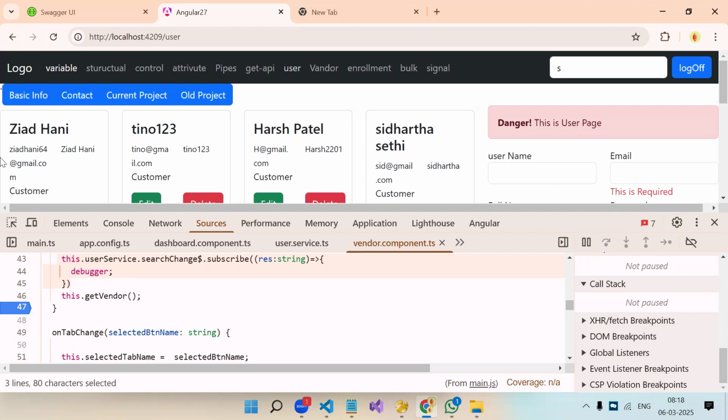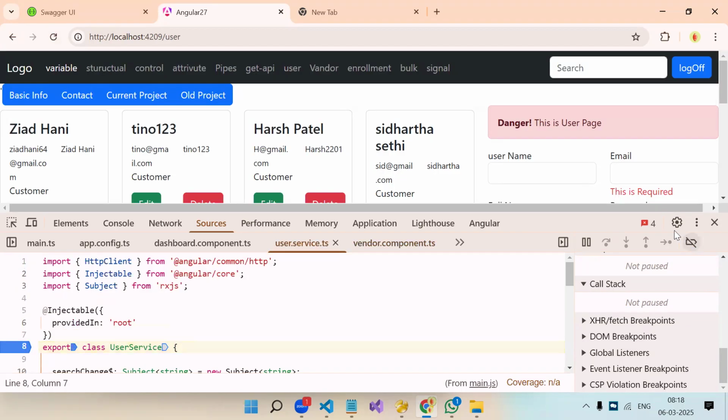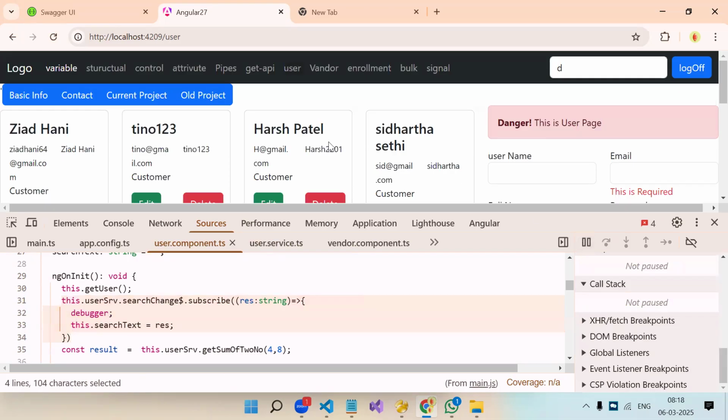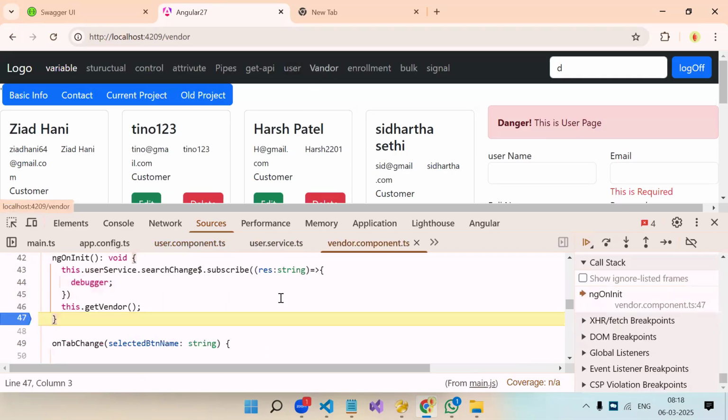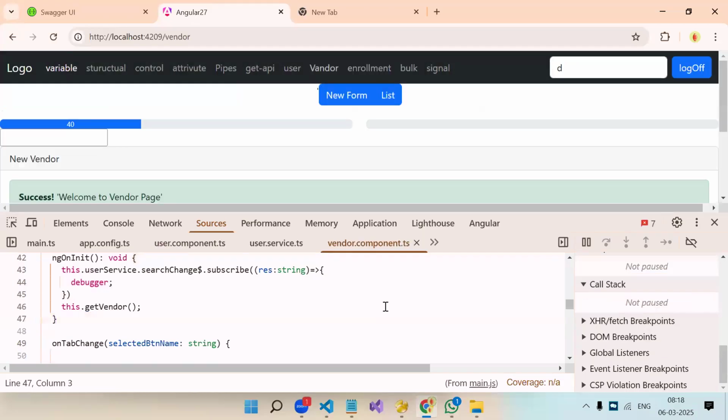Okay. Now why? Let's reload it. If I'm in the user component and I'm emitting some value, I'm able to receive it. See, I'm able to receive the value in the user component. If I navigate to vendor, again my vendor subscribe is not getting executed. What is happening? How is it behaving like this? What is happening currently? अभी क्या हो रहा है? जो मैंने 2-3 बार करके दिखाया, क्या हो रहा है? सर एमिट नहीं हुई वैल्यू इसमें।